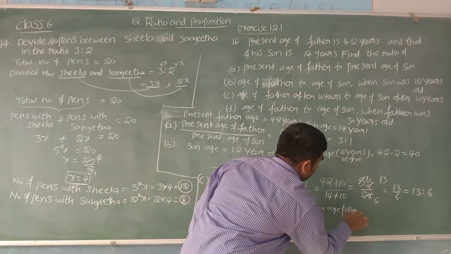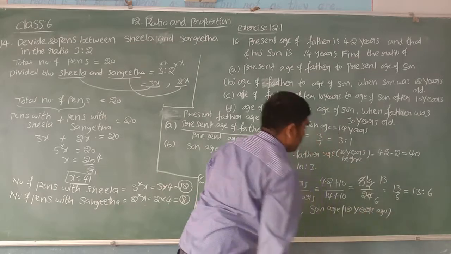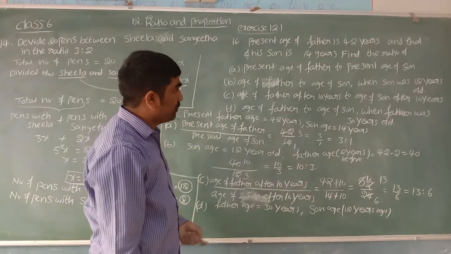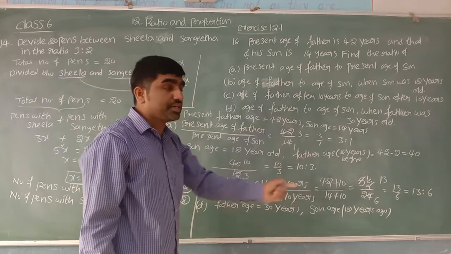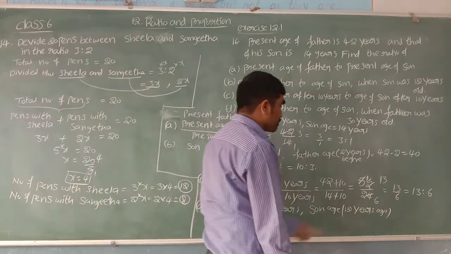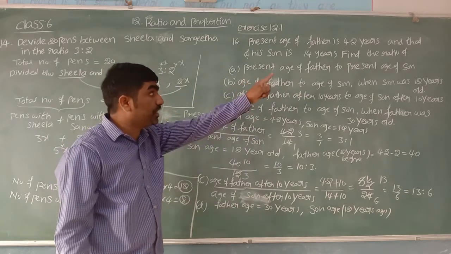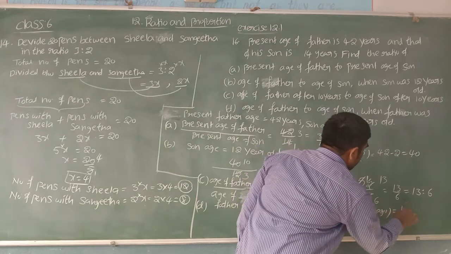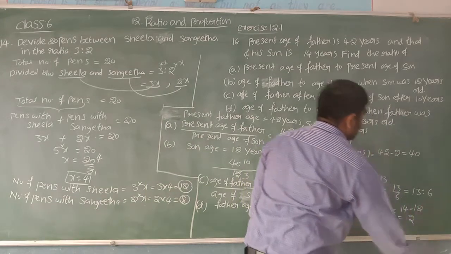12 years ago, we can take 12 years ago, because when the father is 30 years, the son will not be 14 years. When the father is 30, the son's age also reduces. The son's age is not 14. So how much can we reduce? 12. Because the father's age reduced by how much? 12. 42 minus 12 is 30. So the son's age will also be reduced by 12. Present 14, if I reduce 12, gives us 2 years.